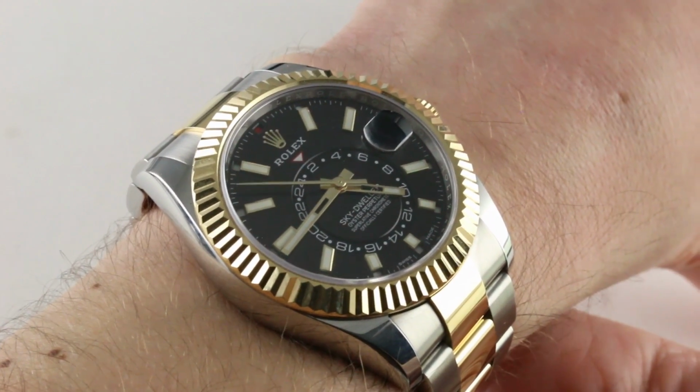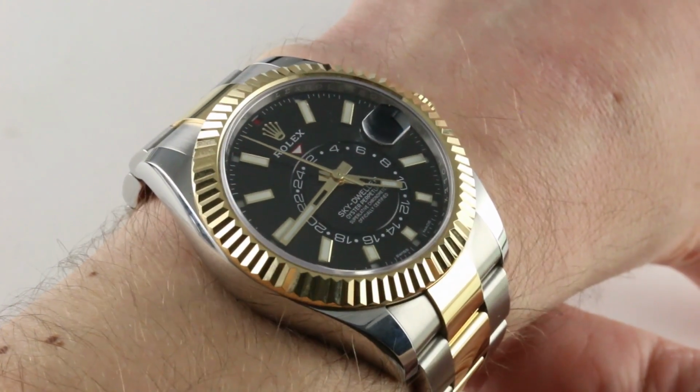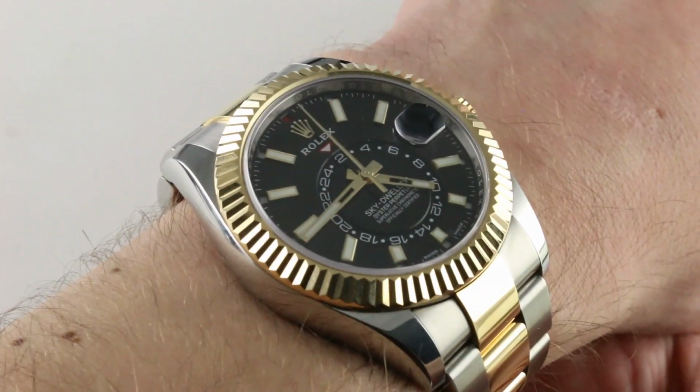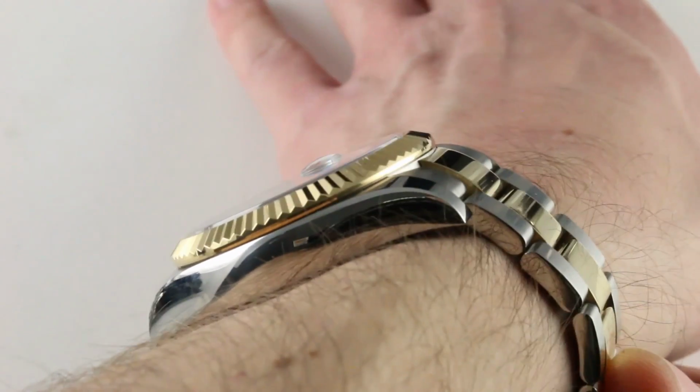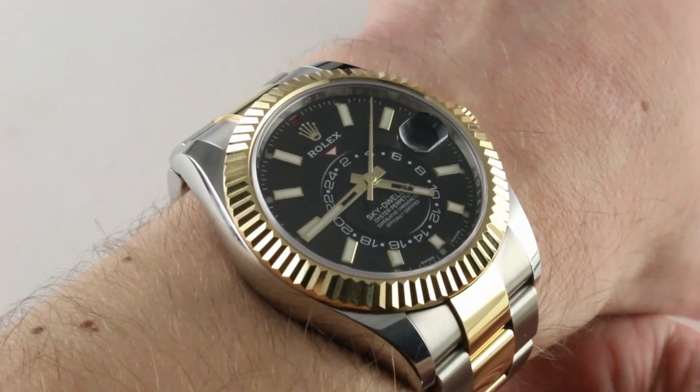Today we're discussing the Rolex Oyster Perpetual Sky-Dweller reference 326933 in 18-karat yellow gold and 904L Rolex stainless steel. You can see and you can purchase this two-tone, 3-day power reserve automatic winding annual calendar GMT, the ultimate travel